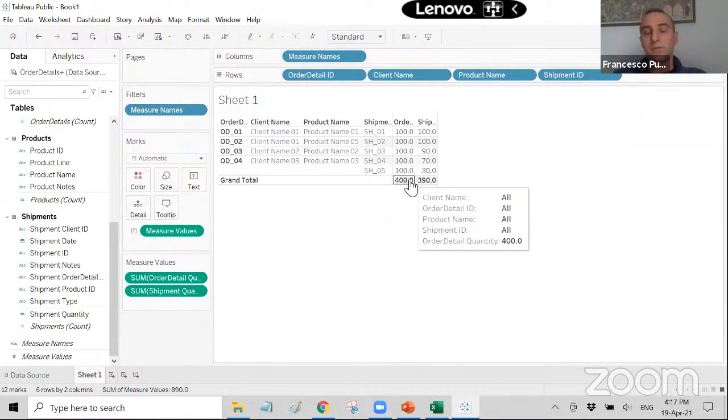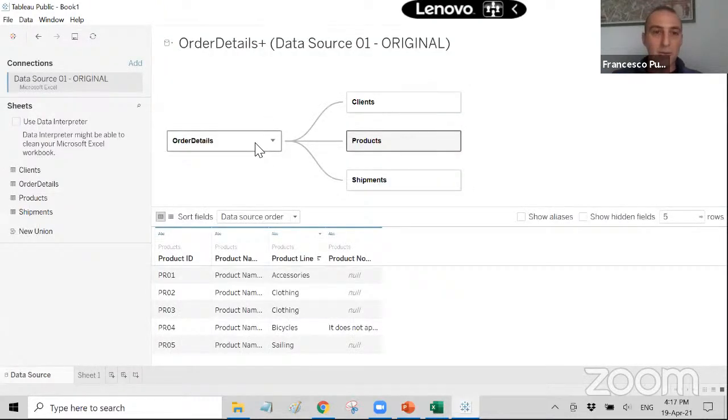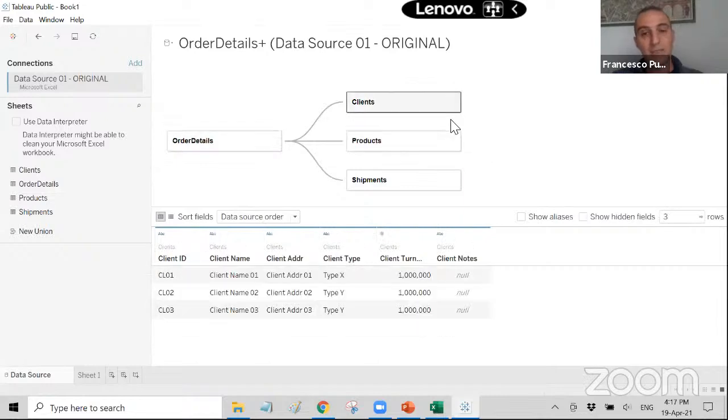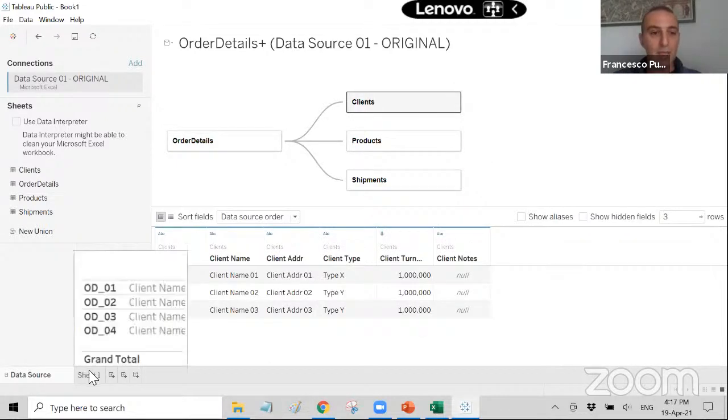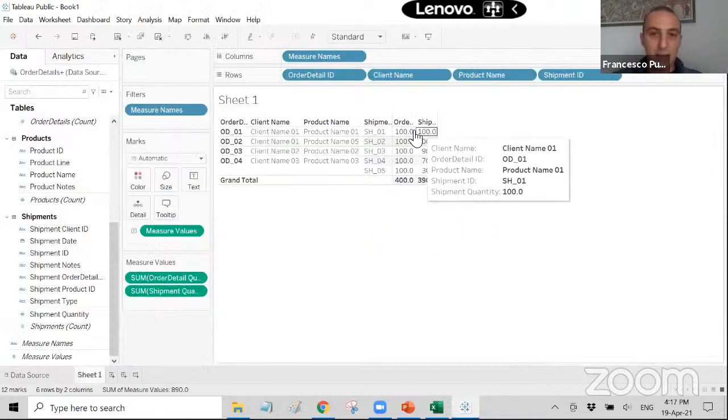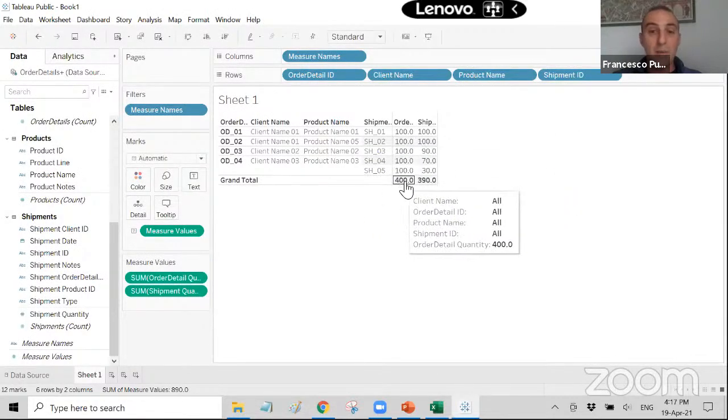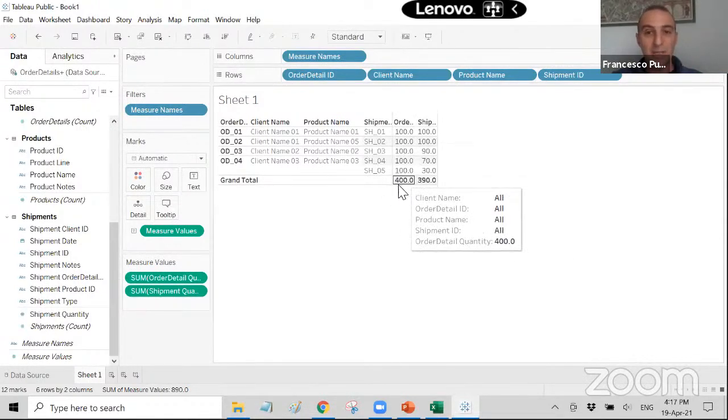So why is this 400? Well, this is an important thing that many people do not know. The BI tools, if they pull all the data in one table, may have problems. But this problem is solved in this case because you see these tables are loaded in memory separately. So Tableau is able to say, okay, I see that I'm displaying 5 times 100, but the total is still 400. Tableau says, I know it because I see the table at the original granularity, at the original grain, and I know that the sum of these numbers, despite the appearance, is 400, which is correct.